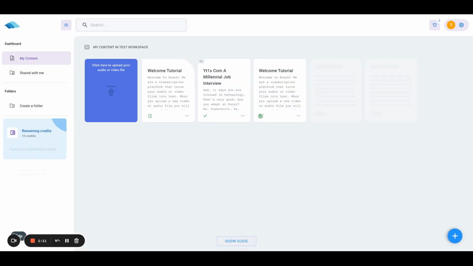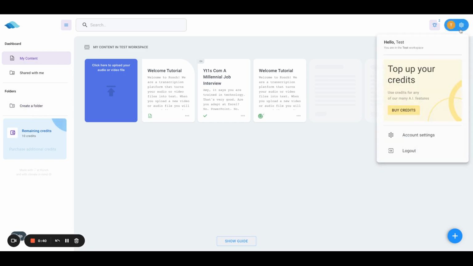That's the core functionality of Conch. You can transcribe any audio or video. You can also use our Magic Doc, which is basically your transcript interacting with AI. You can see in here there is ability to work across teams inside the dashboard. So if you had other folks inside your workspace, then you can share transcripts across, typically used by research groups and things like that. You can also create folders to make sure you can organize your workspace a bit better.